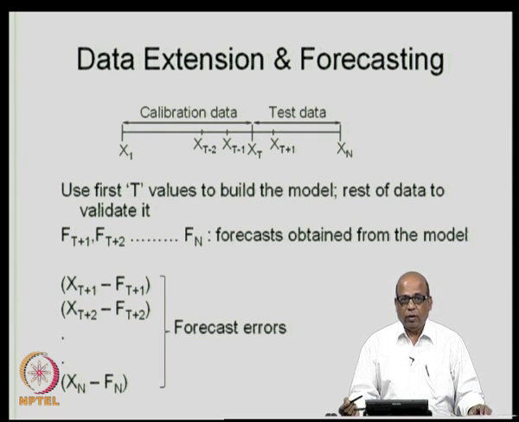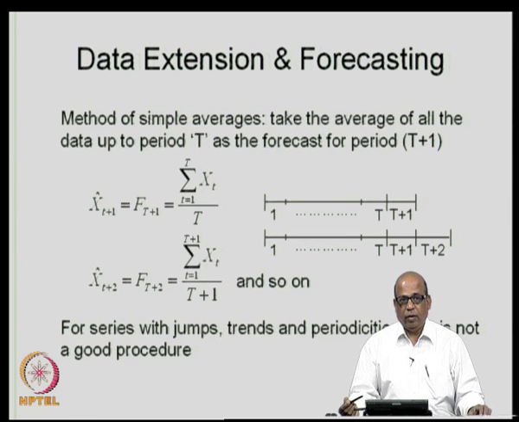As I just mentioned, if we do not have any way of forecasting, any formal algorithm by which we can forecast, what we would have intuitively done is to simply take the averages. So, the first method of forecasting is simply based on the averages. So, let us look at what we do in this case.